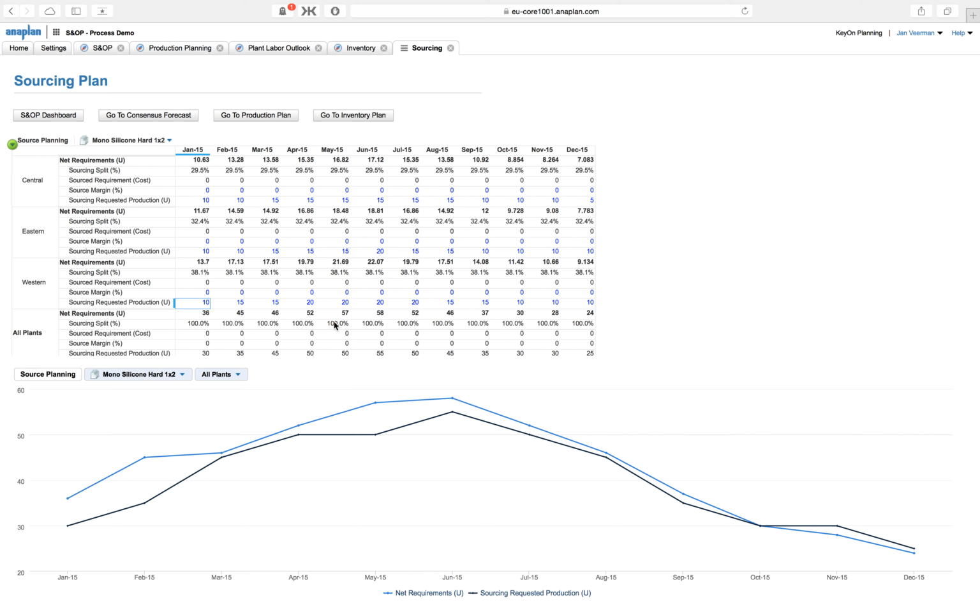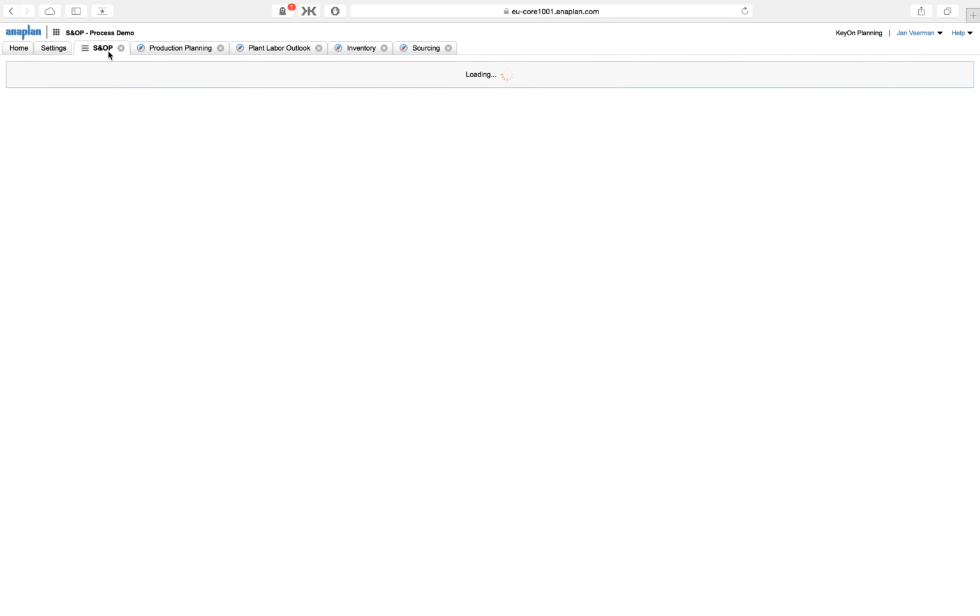And what we can do in here is just overrule that manually, as we did see in the other tables. So in this case, there is a net requirement of 13.7, but we want to increase it, say, to 15. And we see the graphical changes. In this case, we have a net requirement of 17, but we want to change that to 20, so we can make the manual adjustments as well in the sourcing environment. Going back to my S&OP environment,